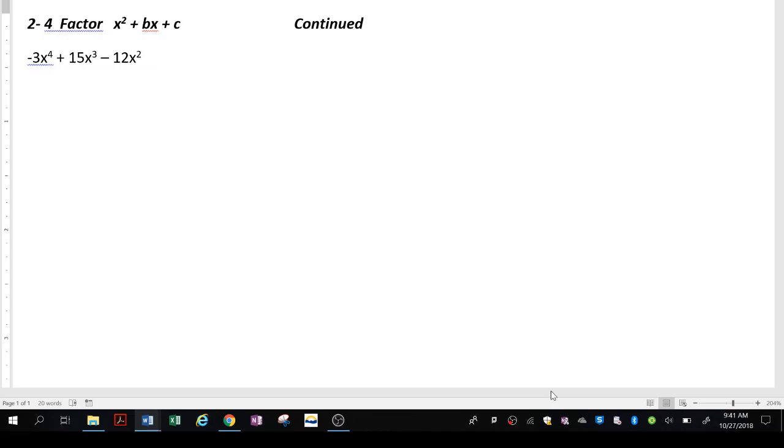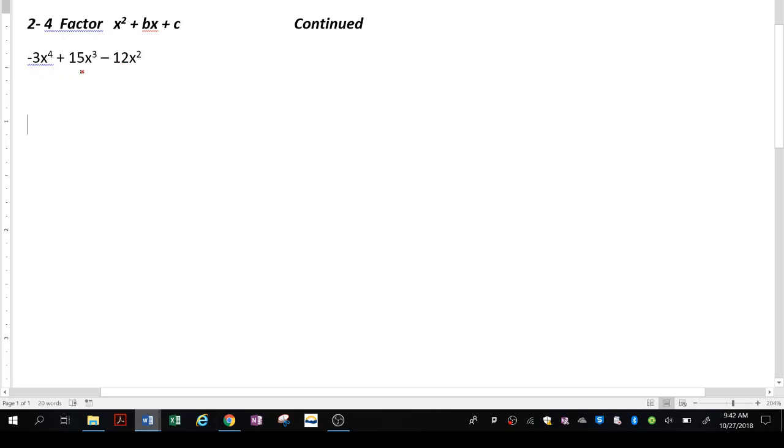In this lesson, we're going to look at factoring trinomials, but slightly more difficult cases where we have other common factors that need to be factored out first, or we're working with fractions and varying other things. So in this first example, you'll notice that we have negative 3x to the fourth plus 15x cubed minus 12x squared. So you'll notice that there is a negative 3x squared that is a factor of all of these